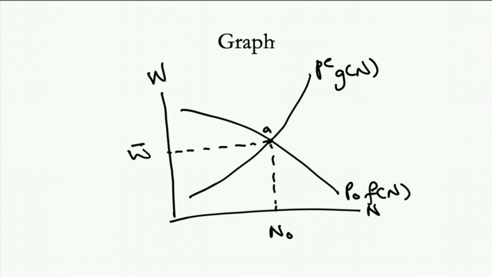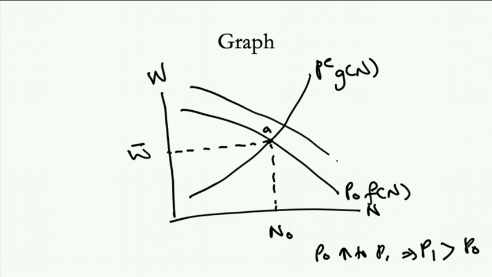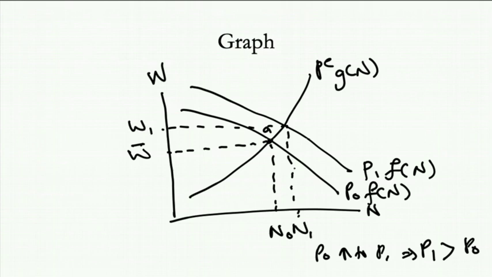Now, let's say price increases in the market. When price increases from P naught to P1, this implies P1 is bigger than P naught. Obviously, labor demand will be affected first because you can see price. So P1 Fn. If we don't fix the wage rate, then W increases to W1, and employment increases to N1. But let's say after the increase in price, the wage rate is still fixed. You don't pay W1 because you have a contract. You still pay W bar.